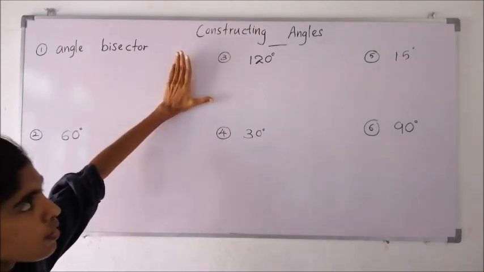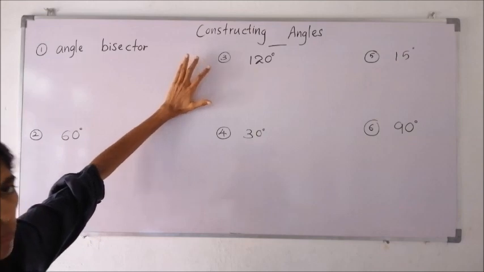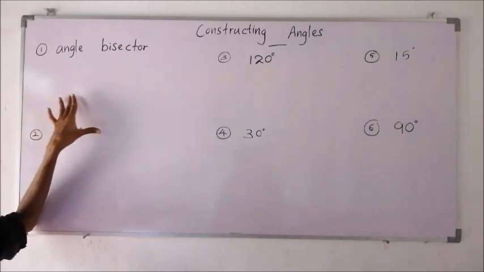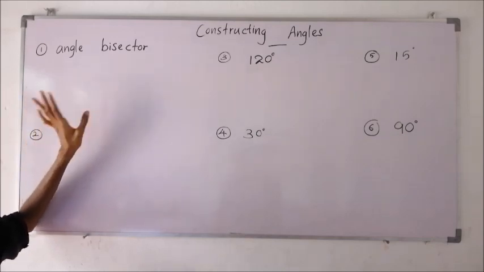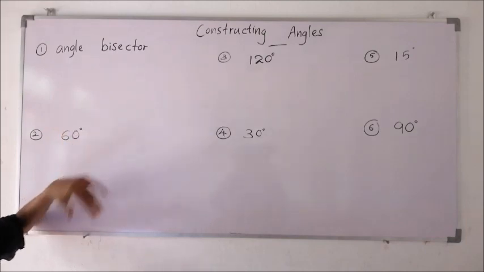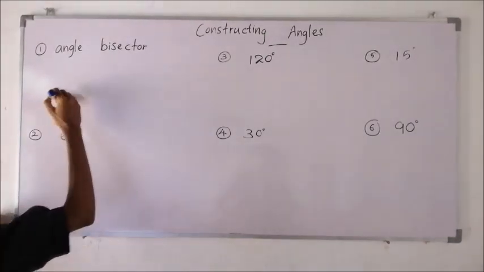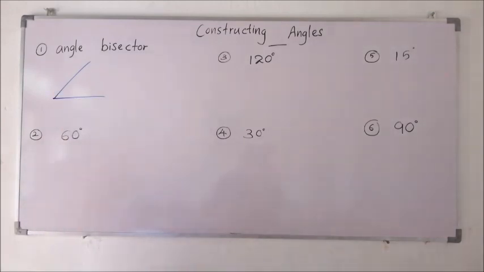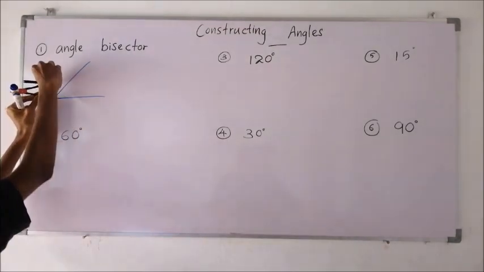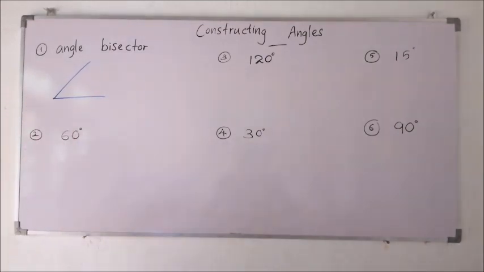Okay, we are going to construct angles with the help of the compass. Right. First of all, we will learn how to bisect angles. Okay, how to construct angle bisectors, how to divide an angle into 2 equal portions. Just imagine you are given an angle like this. Okay, firstly, get the compass, open it to any length that you want. This middle point should be kept at the vertex. Draw an arc like this.